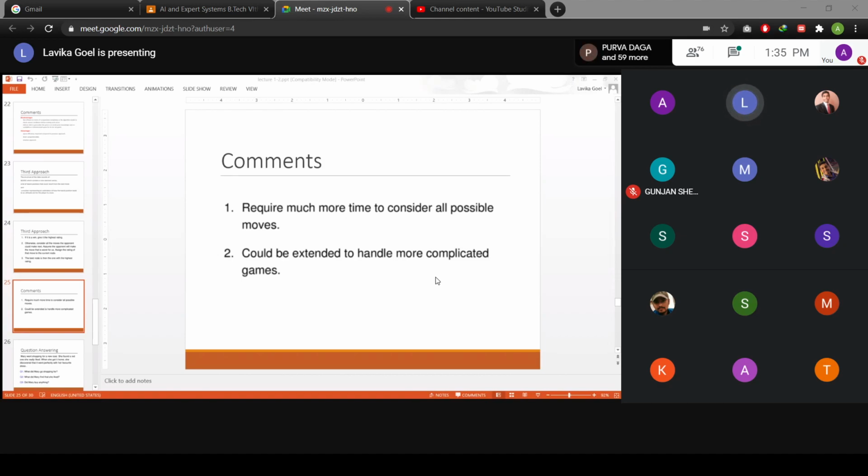So it is actually generalizable because you can extend it to handle more complicated problems also. For example, if you are trying to go for a three-dimensional tic-tac-toe, the same strategy you can apply there also.